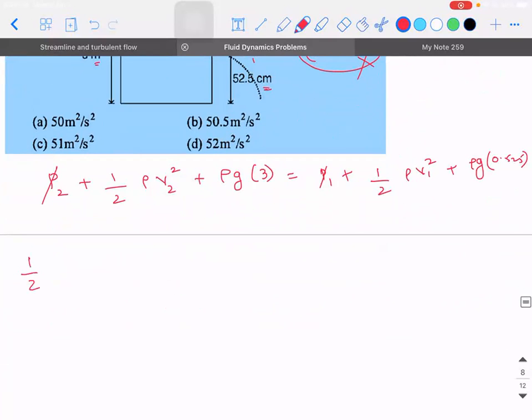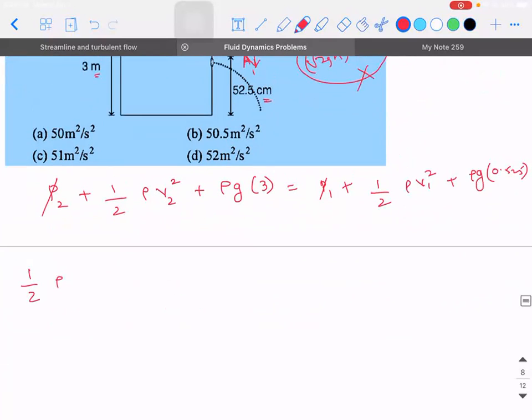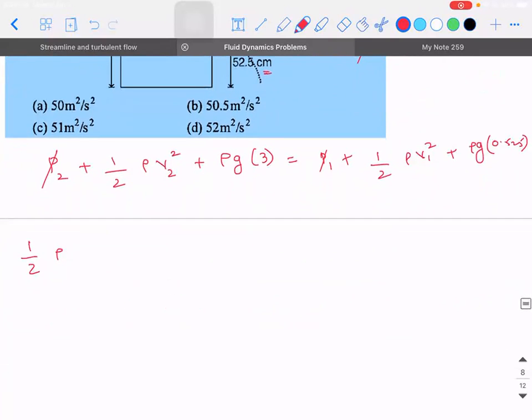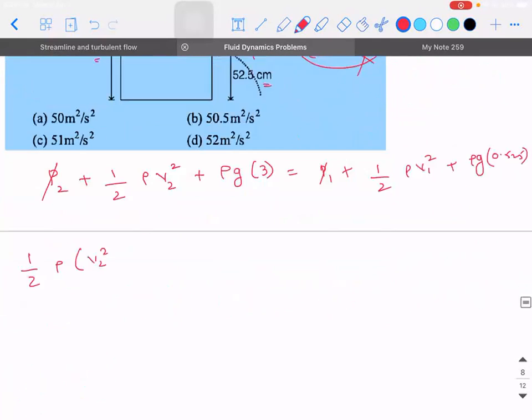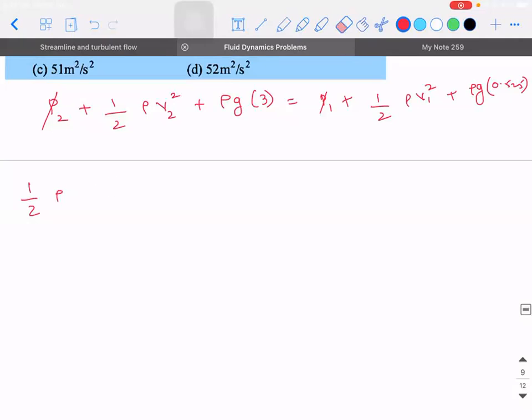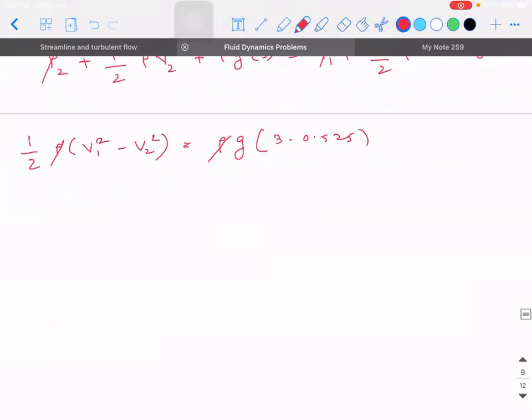So half rho into, let's see what we can do. They have asked V1, no? This liquid coming out from the orifice. So let me take V1 as common. Half rho into V1 square minus V2 square is equal to rho g into 3 minus 0.525. So rho is also getting cancelled. If I take out V1 square outside, this will be equal to 2g into whatever is this, 3 minus 0.525, I'll call it as H, okay, divided by